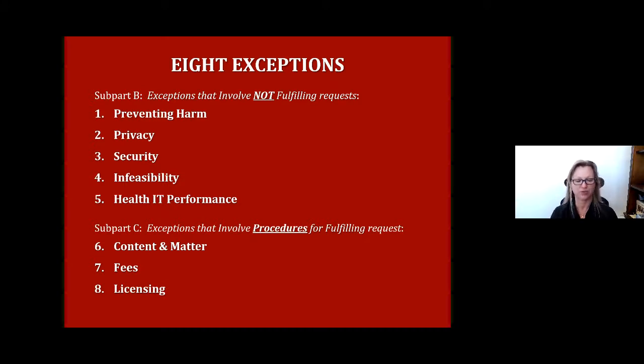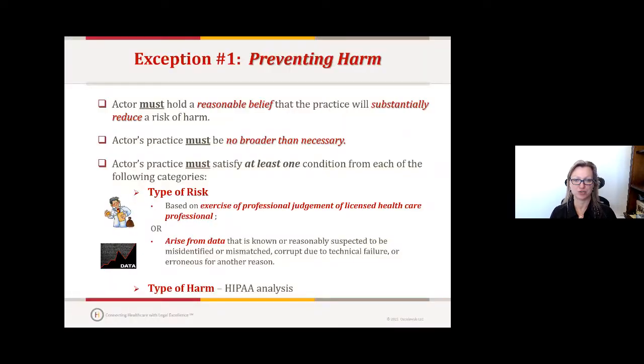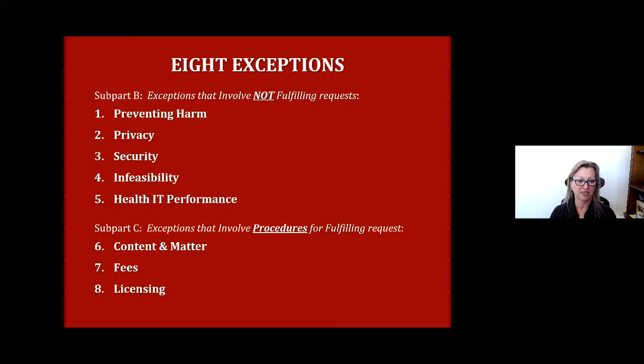Okay, so we've done a review and talked about some rub points with regard to actors and information blocking. Let's take a quick review of the exceptions that would allow you to block information. So exception number one, and as you can see here, there are 8. The ones that you're going to be using the most frequently are likely going to be privacy, security, infeasibility, and content and manner, which is number 6. Content and manner, only because that's in place right now and effective, as I mentioned in the first few slides, through October of next year.